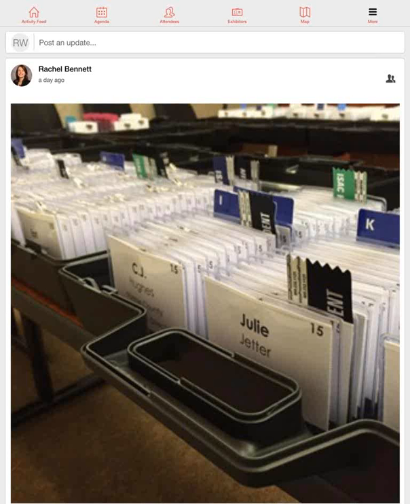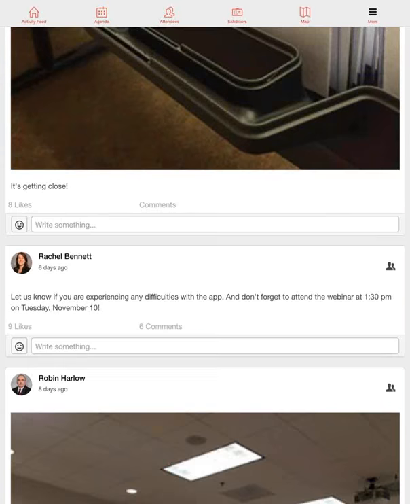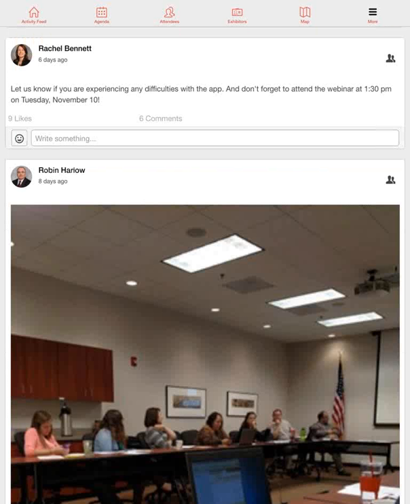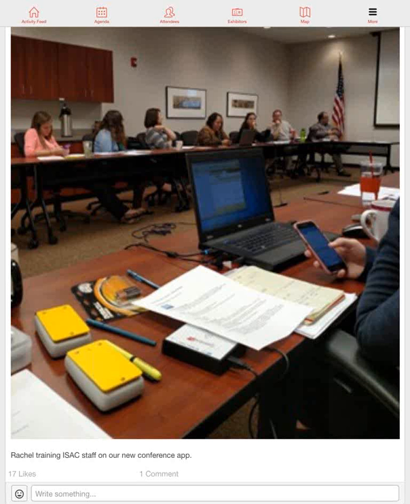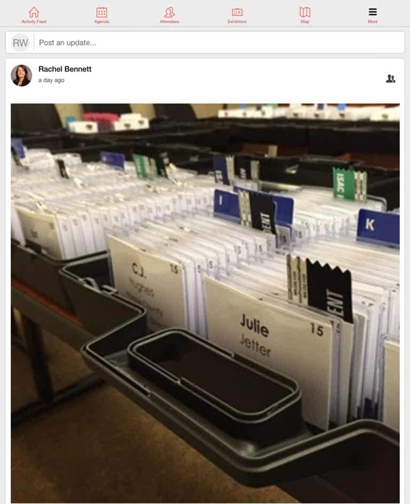Okay, so when you log into the app, the first thing you see is what's called the activity feed. And it's kind of like an activity feed in your social media. You could scroll down it. And you're not going to see me scrolling real smoothly, but you'll see it in the app, how it works. And you can see all the posts that have happened on the app. So I'll go right up to the top.